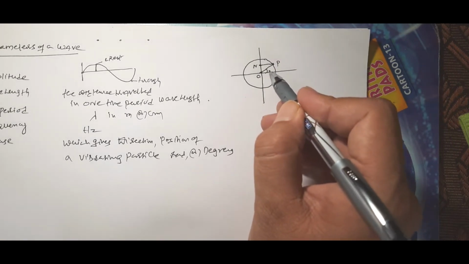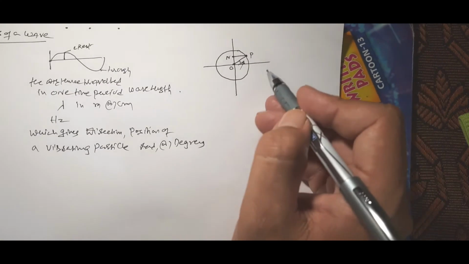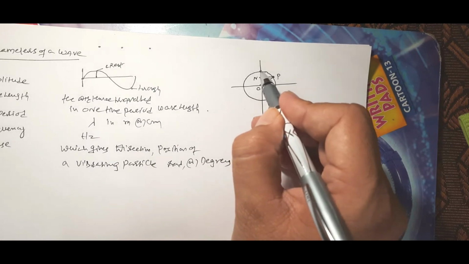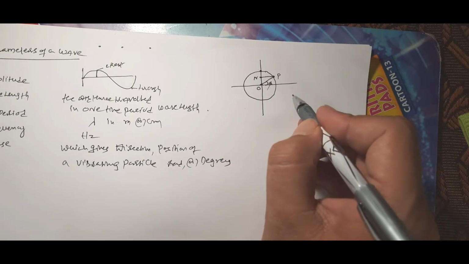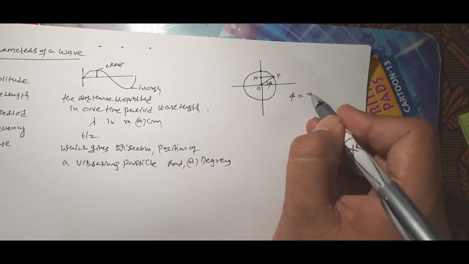This is the initial phase phi. For example, if the particle reaches the extreme position, then it completes a phase of